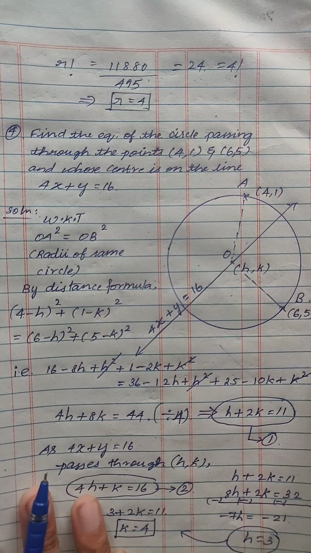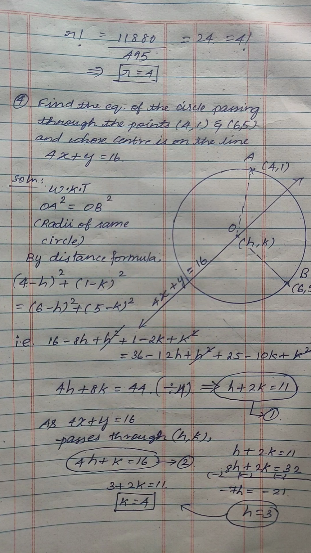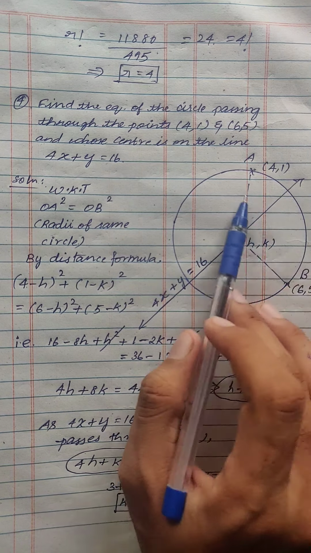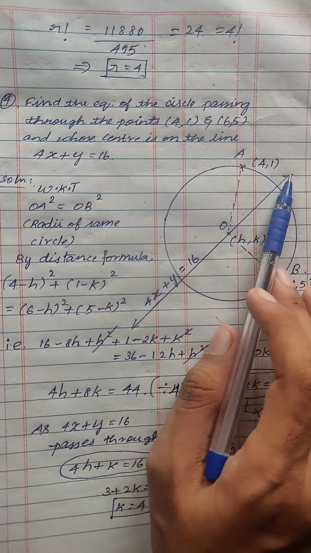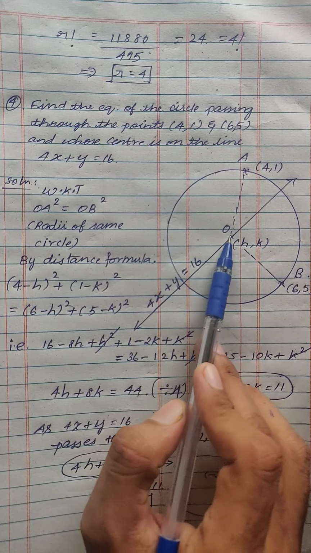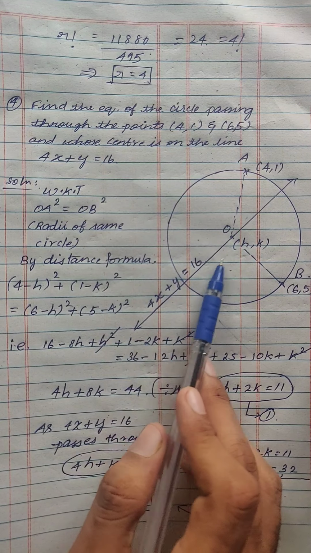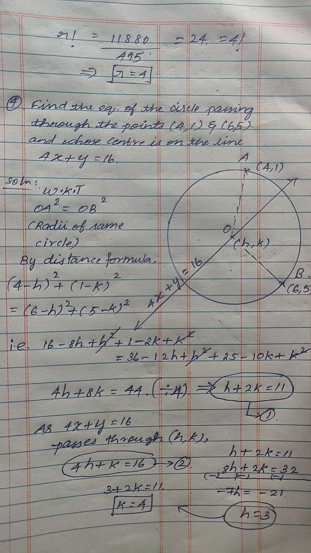Very simple. So one last problem which we are going to see. A very important question. Find the equation of the circle passing through the points, 2 points. So mostly they would have given 2 points through which the circle passes. One is 4, 1, the other one is 6, 5. Okay, whose center is on the line? The center lies on the line 4x plus y equal to 16. And the center we can take it as h, k as usual.